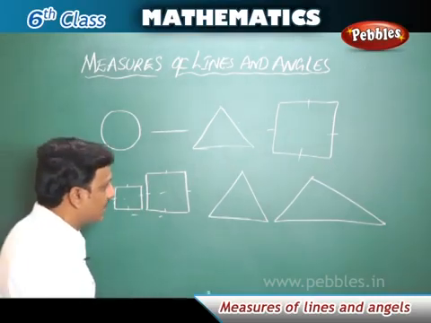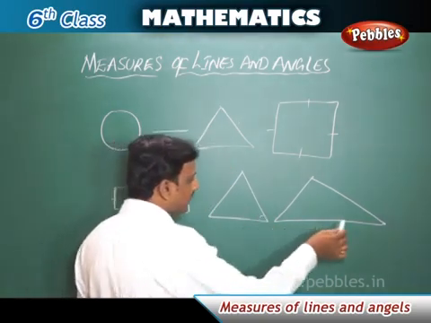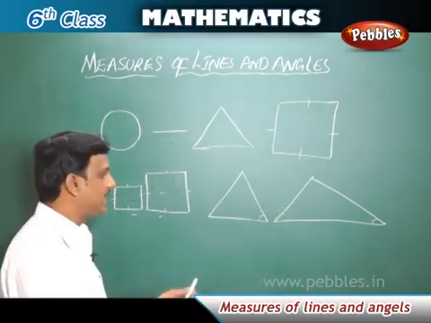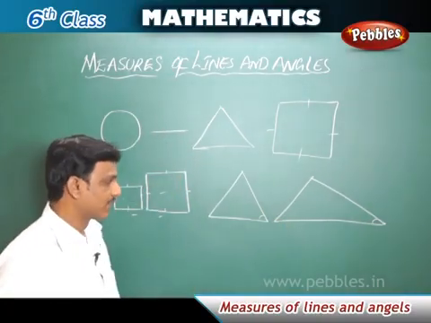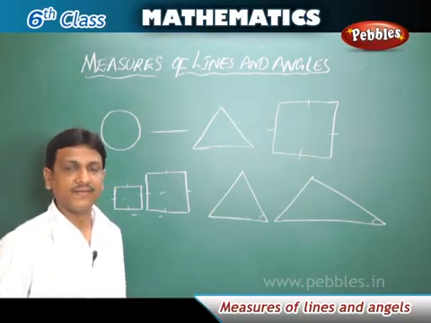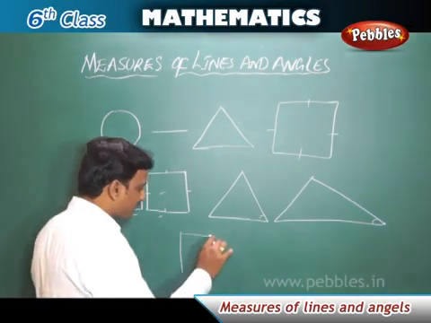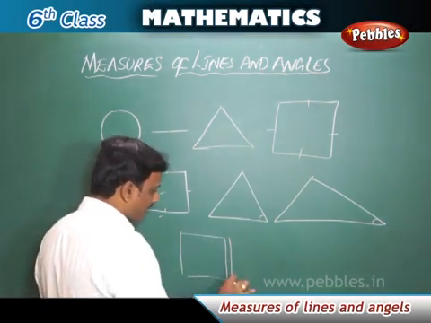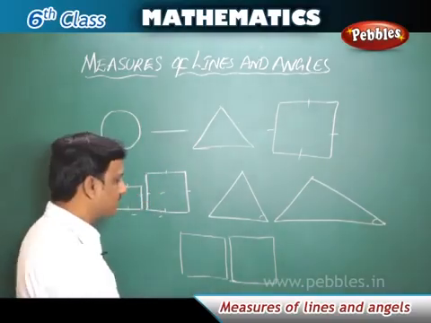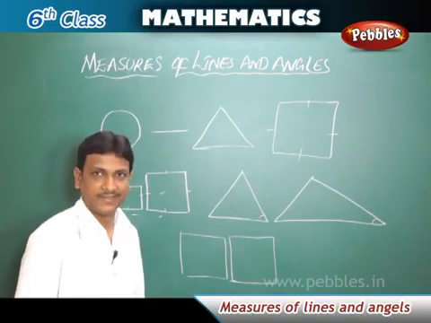In the same way, here we have 2 triangles. We can tell that there is some variation in their angles. They are not same. This we can identify just by looking at them. But in some cases where the variation is very less, if they are very close, see for example this square and this square, they look almost same size, but there may be some variation. How do we find them?